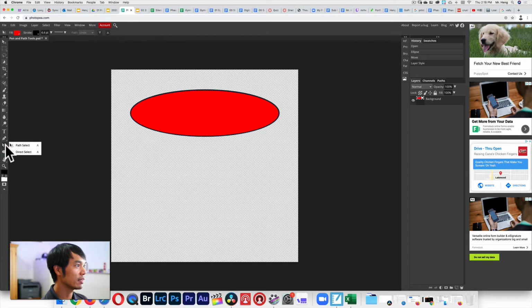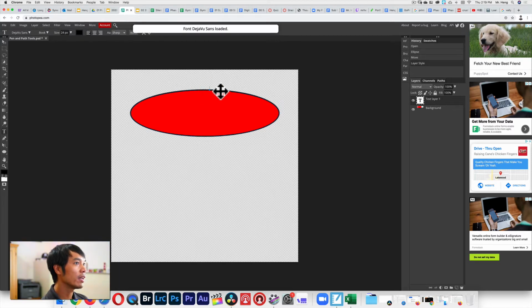Well, first I need to select the path tool and click on the path select. Once you click on the path select, you click on this path right here. And when you click on that path right there, you notice that it changed a little bit. All right, you have these 4 dots or squares here. Okay, and then you're going to click on the text tool and click along the path. So I'll click it right in the middle. All right, and then I'm going to be able to type,